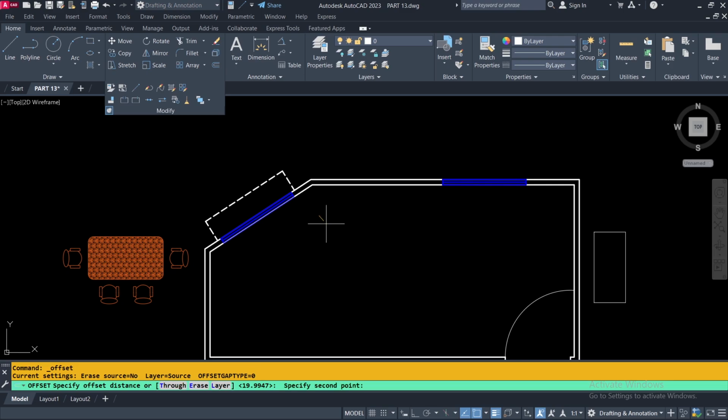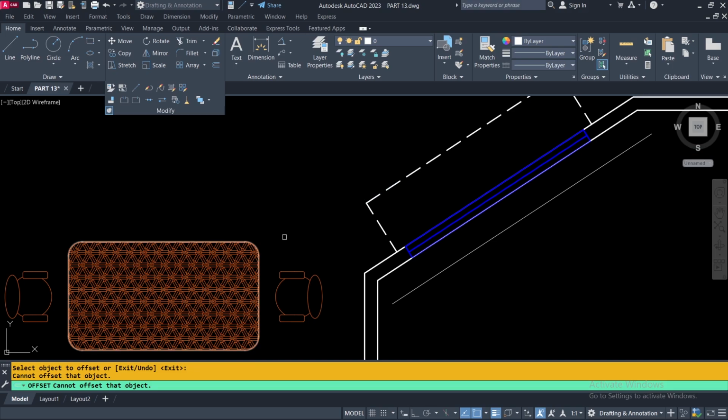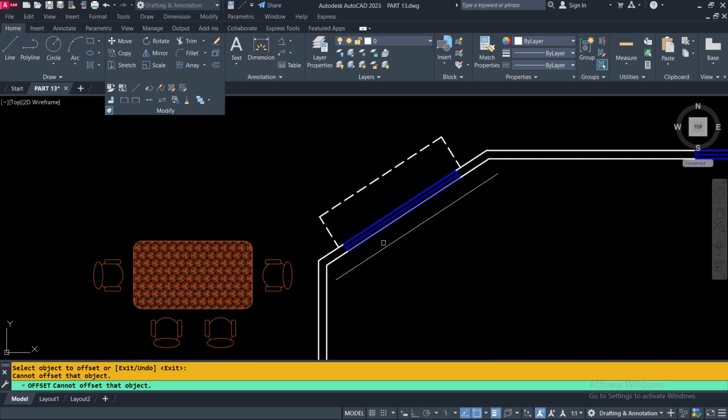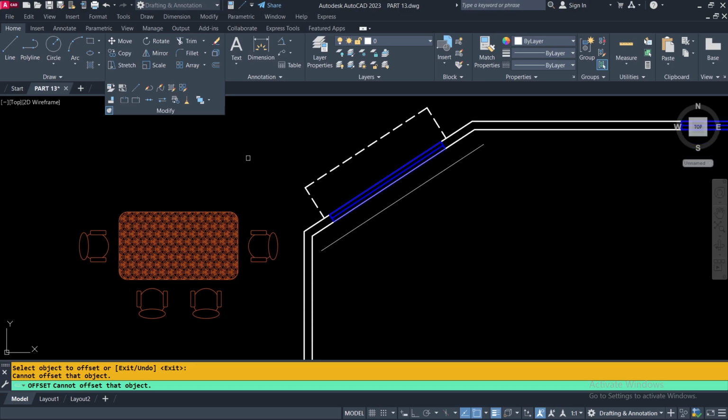Click here and click here, then offsetting this line. I want to match this upper edge of the table with this slant line, and here I am keeping a little gap between the wall and the table. So